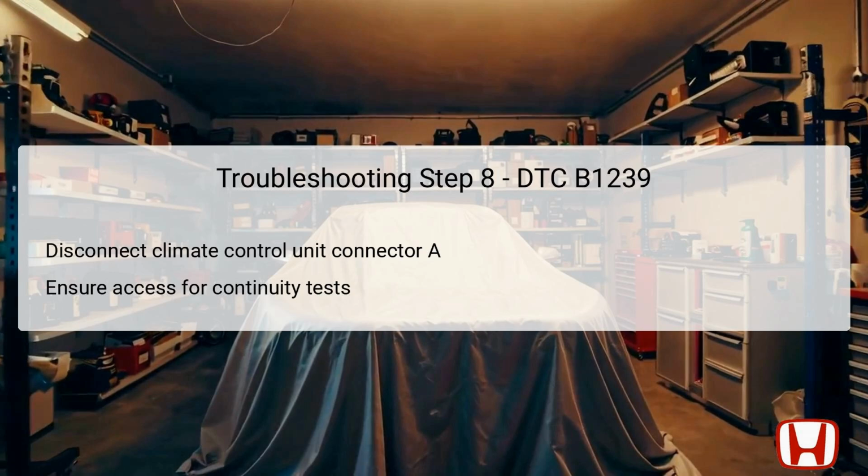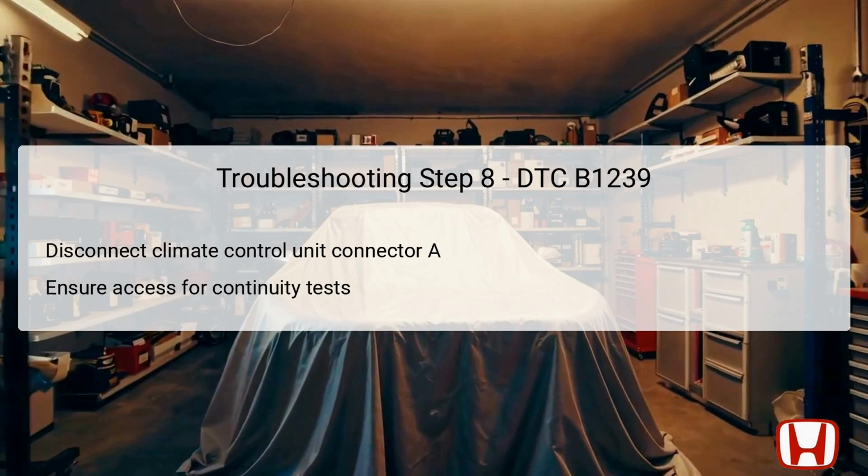Proper procedure includes verifying no remnants of voltage or current in the circuit before disconnection to protect the testing equipment as well as the technician from injury. This careful approach sets the stage for a thorough examination of the connections and wiring that govern the climate control